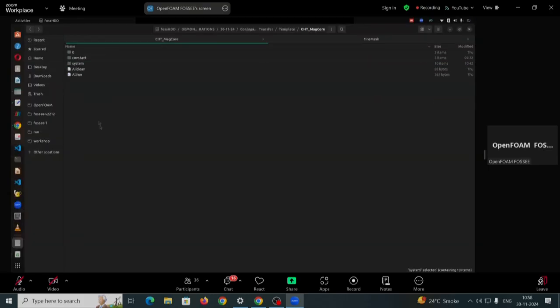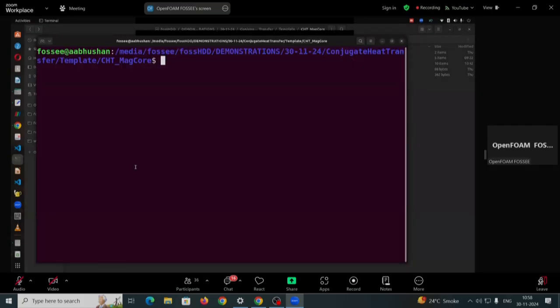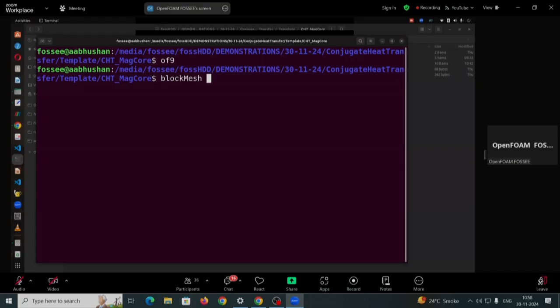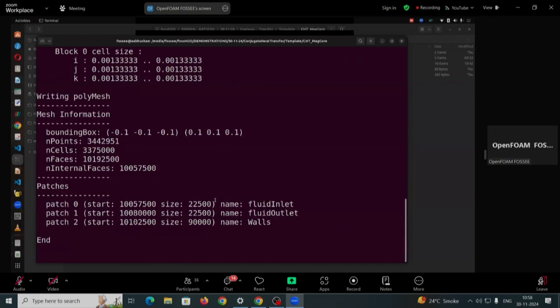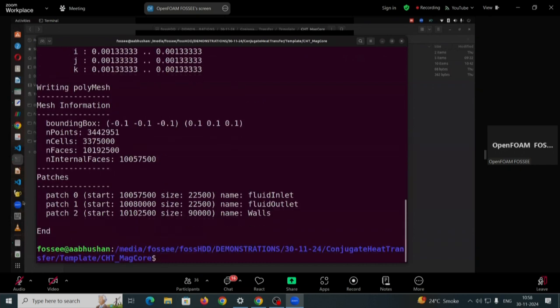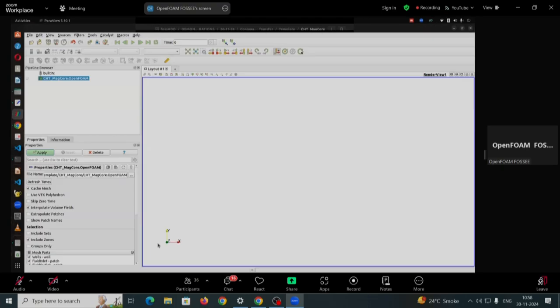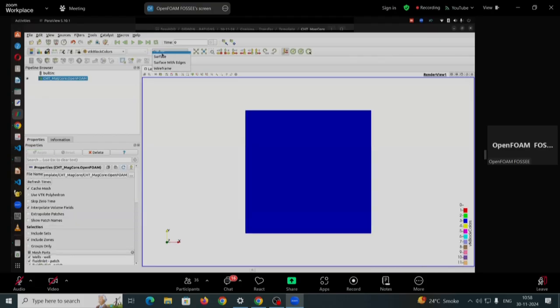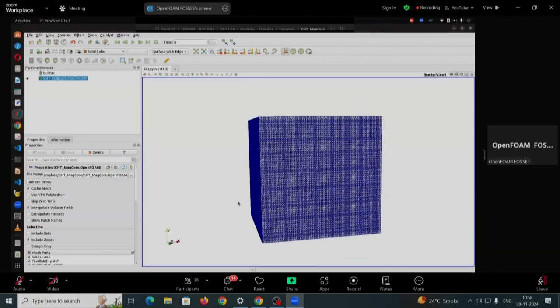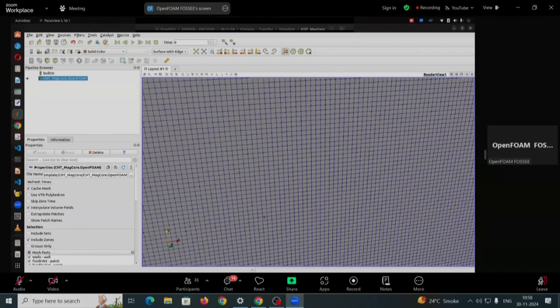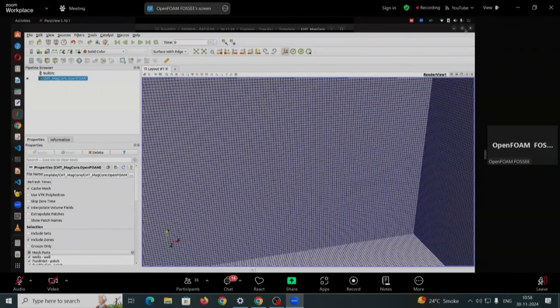So first you go to the file, then you open the terminal. First you run the blockMesh command to generate your base mesh. So once this is done, I'll show you how the block looks. In ParaView, so this is a block that we have. Note that there's nothing inside it for now,